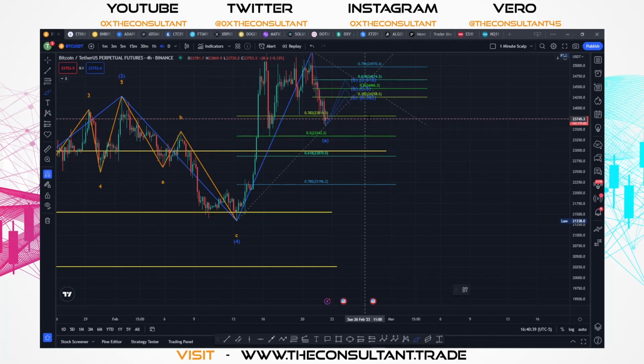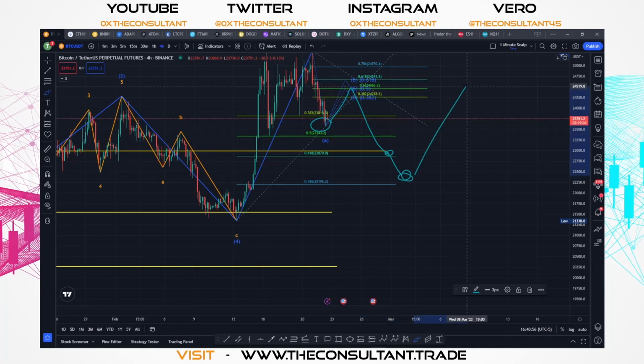So again, just to reiterate, I think if this is our point, we'll go up, and we will definitely come back down either here or somewhere in this area, before we continue back up. At which point, this level here, we would have to be able to break that in order to continue our upward trend towards 25 and 30,000. Okay, that's kind of my analysis for Bitcoin.